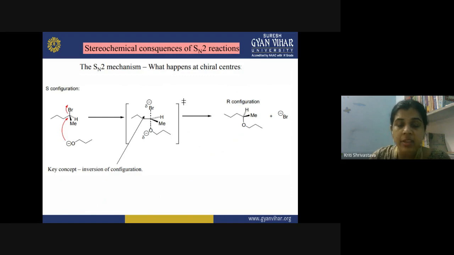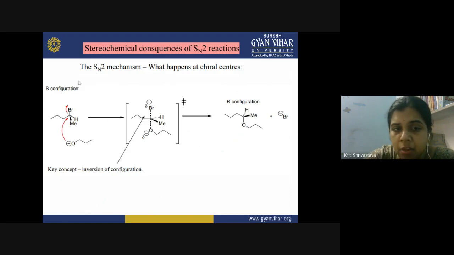So what is chirality? We know that in the concept of chirality, carbon is tetrahedral. Yes, it is sp3 hybridized, and it has four valencies, which all have different groups attached to them. So with four different groups attached to the tetrahedral carbon, your carbon becomes chiral. It is now a stereogenic center. Now let us consider this example when the configuration of the carbon atom is S. This is a particular system of providing the absolute configuration, the R and S system. This is the S in which your groups are arranged in an anti-clockwise manner on the carbon atom.